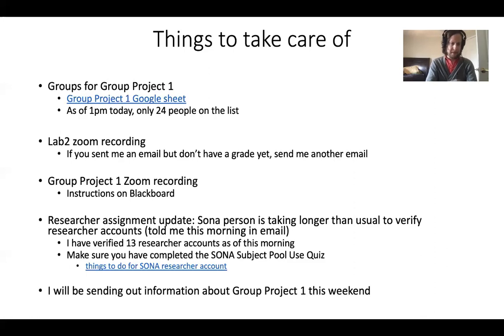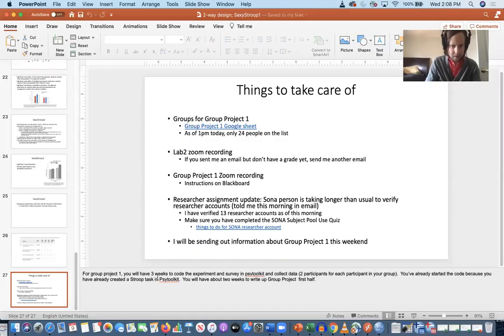And finally, I will be sending out some formal information about Group Project 1 this weekend. I think I have some things in the notes here. I already know what we're going to be doing for Group Project 1. I will send you the details this weekend. I will tell you once again,